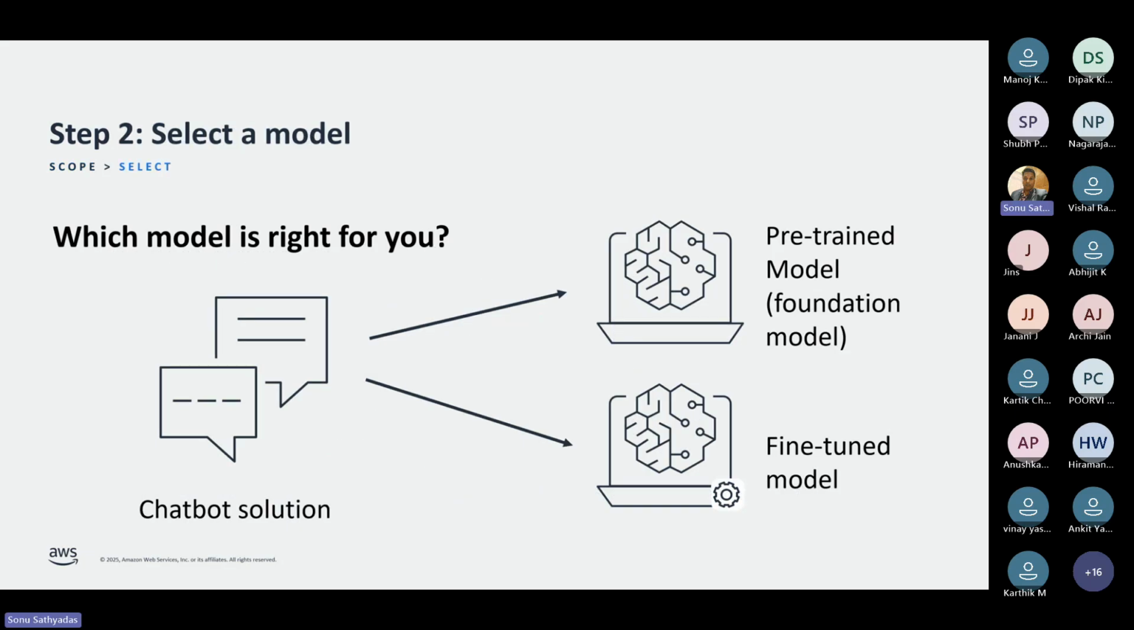The second step after identifying the scope is selecting a model. We have discussed the pre-trained models as well as the foundation models. But in some scenarios, we cannot use these pre-trained models because they have a lot of limitations. What is the limitation? First of all, there is a cutoff date